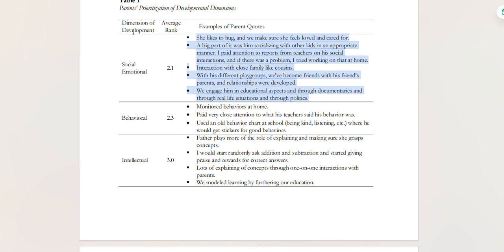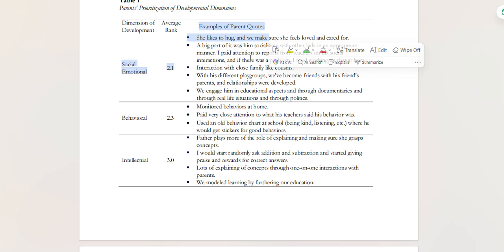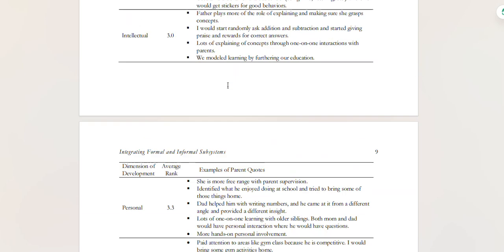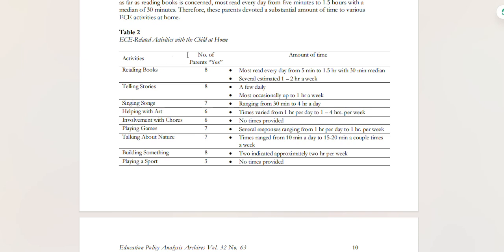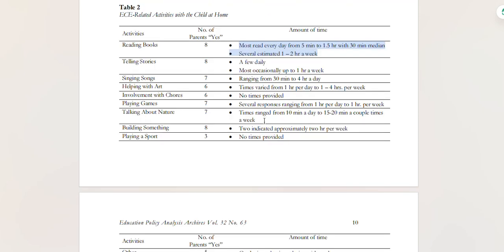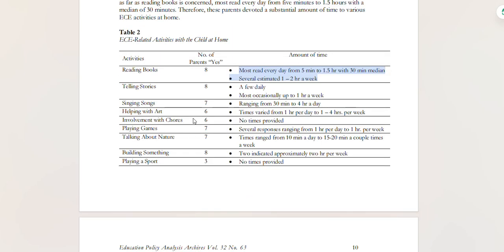So, from the main theme, the frequency or ranks, then quotes or the responses of the participants from table two. These are also the responses from our participants. Okay, that's how we present our results